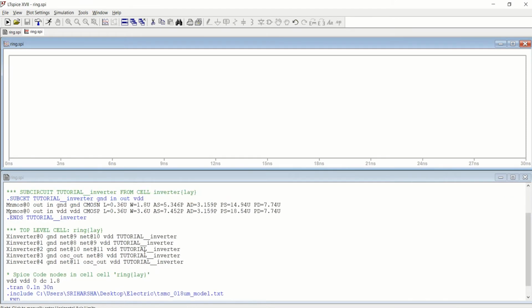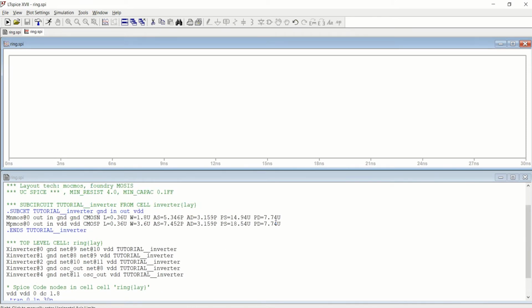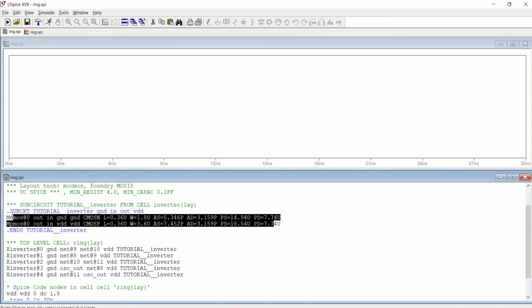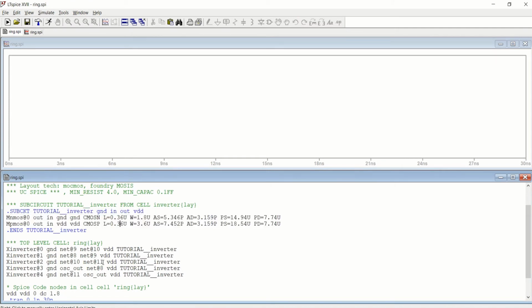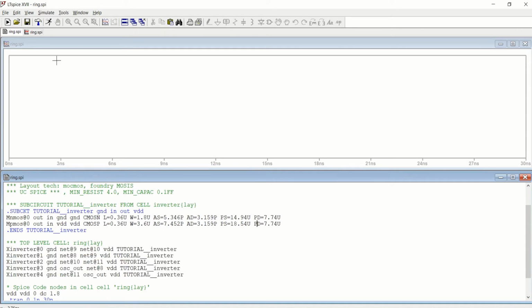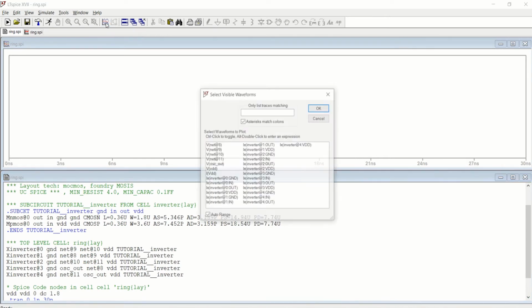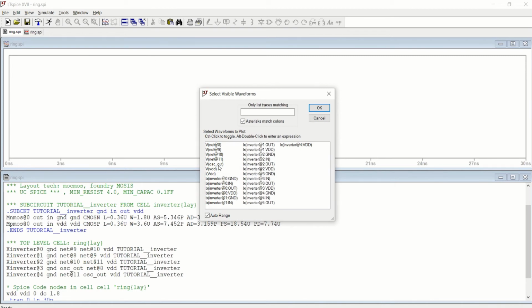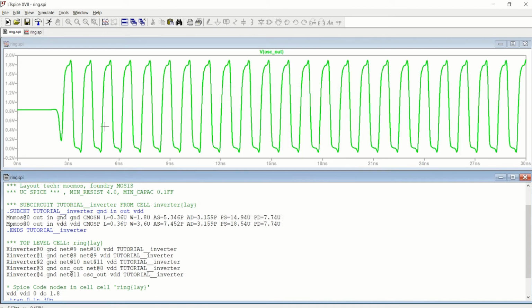So it has extracted everything along with their area. So this is your sub-circuit model of an inverter, where we have instantiated this 5 times. Now we'll see the output by going here, click pick visible traces, and what we have to see is oscillator underscore out. So it is also performing the ringing. So that means we are having some sustained oscillation. It is beginning around at 0.9 or something, but it is having a sustained oscillation.